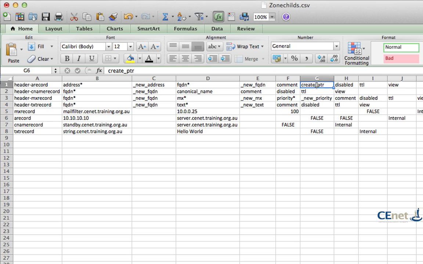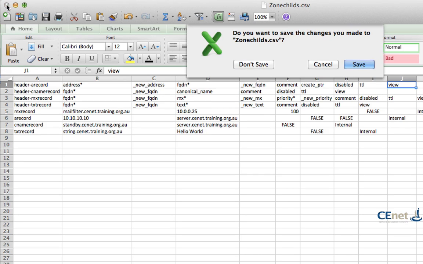We don't want the pointer record, that's false. It's not disabled, so it's viewable and usable. There's no TTL, and the view is internal. And what I recommend, if you're going to be doing a lot of importing, is to actually split these out into individual files. And by that I mean, if we go